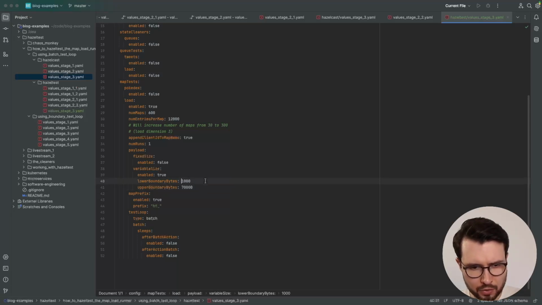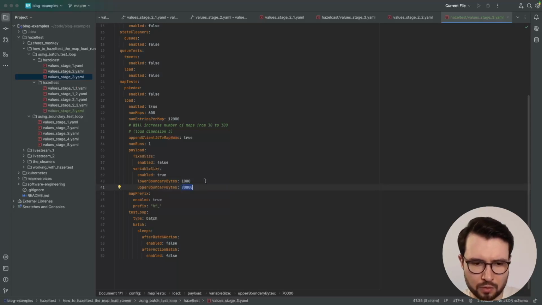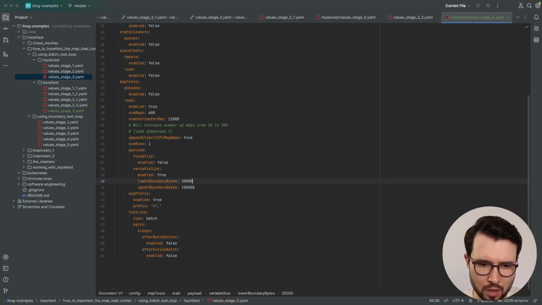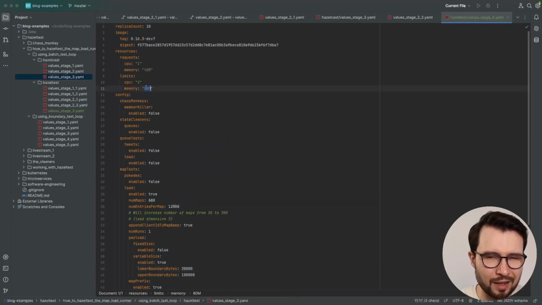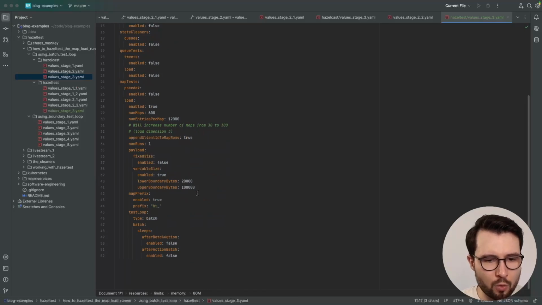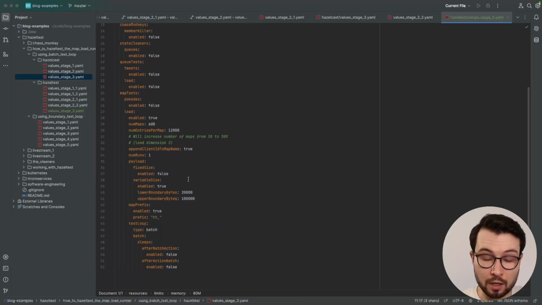Let's up this to 100,000, which would be 100 kilobytes, and the lower boundary should be 20 kilobytes. What that means is that we have to give those Hazeltest instances a lot more memory due to the way the Hazelcast client itself works when writing these payloads to the target Hazelcast cluster, because internally